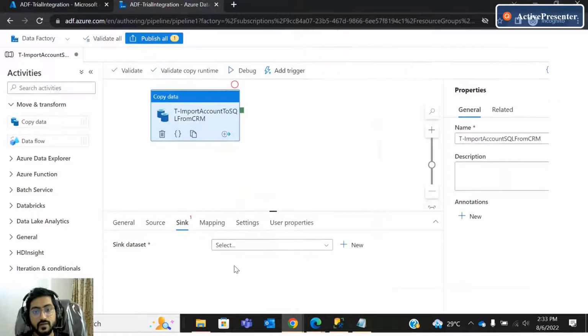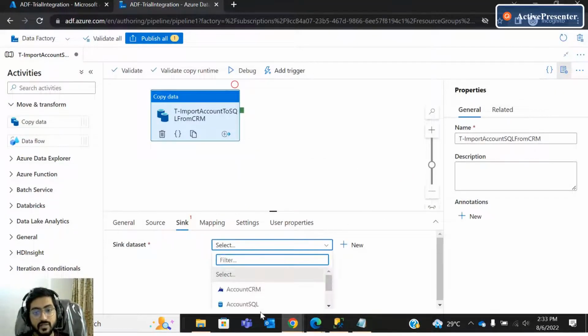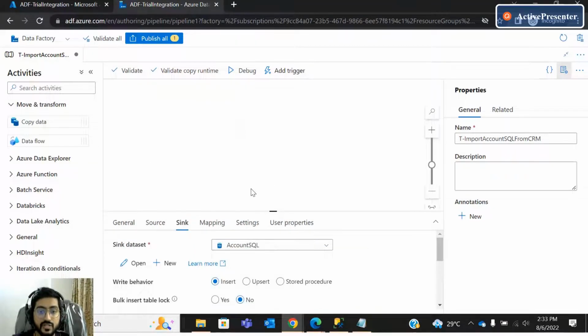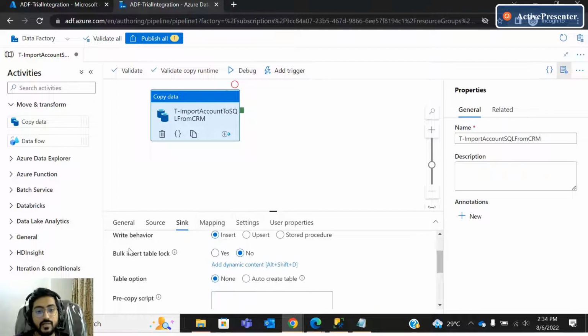Okay, I have already created the dataset. Once you create the dataset, then you will be able to see the dataset name here. So your dataset will be this one, account SQL. So based on the dataset, every time what will happen, this